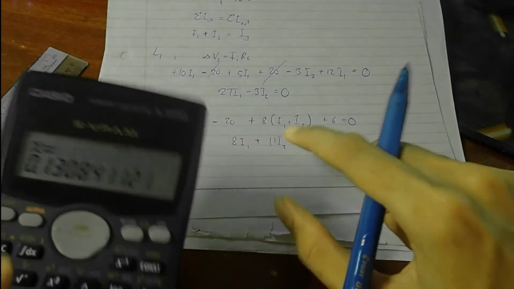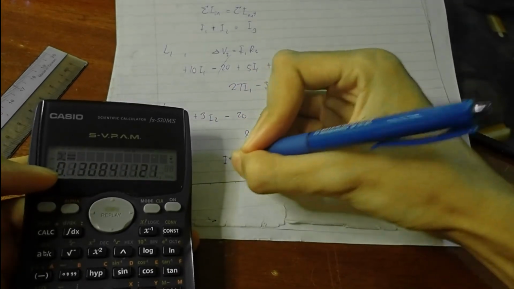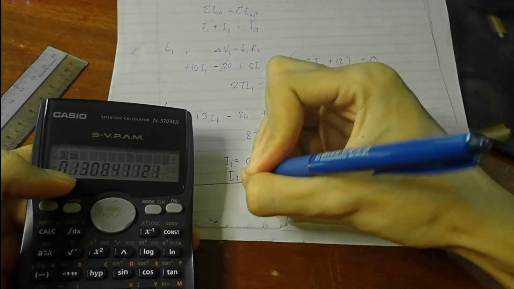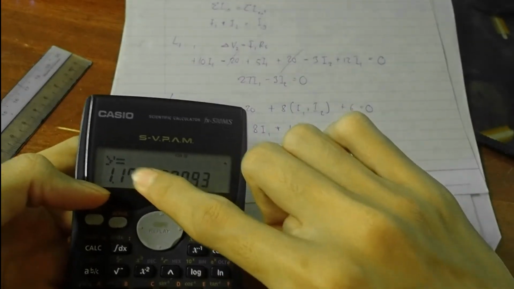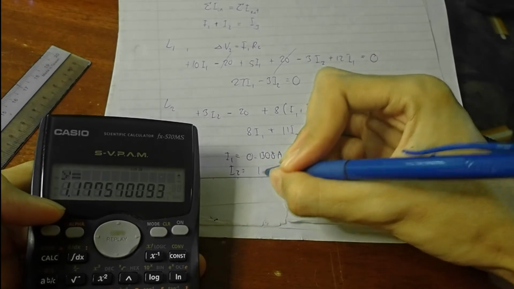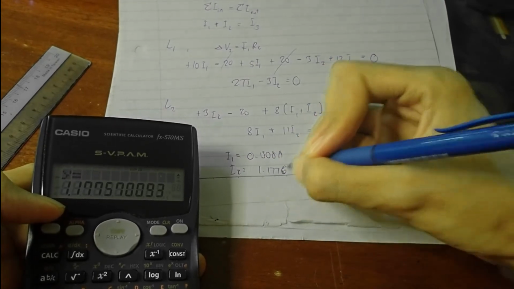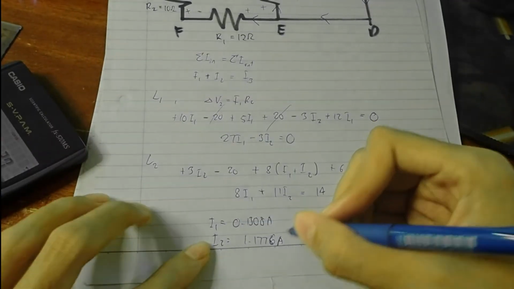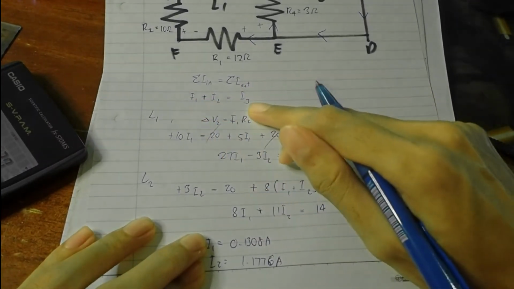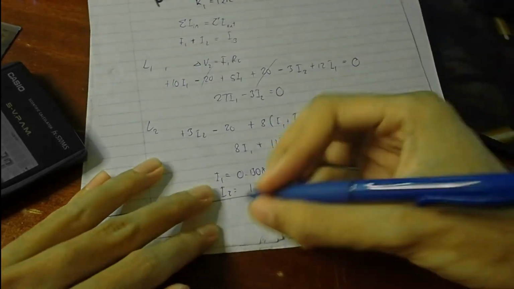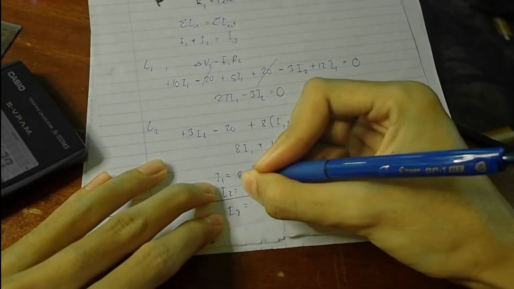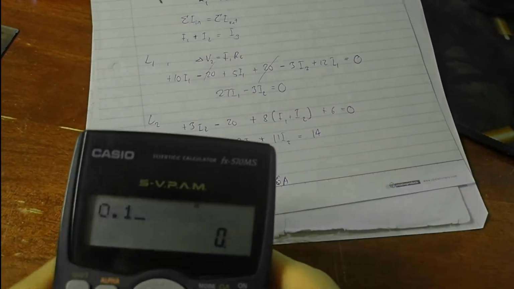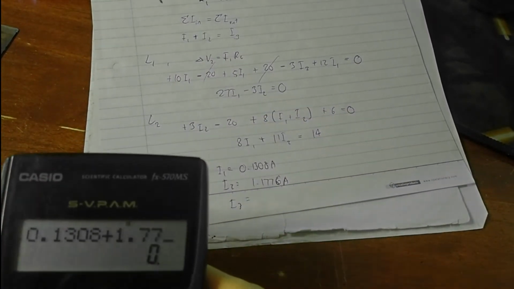So here we can say that I1 is equal to 0.1308 ampere, I2 is equal to 1.1776 ampere. Okay, that's it. And then we have these two values. So initially we have formed this expression I1 plus I2 is equal to I3. So I3 must be I1 plus I2, which corresponds to 0.1308 plus 1.176 is equal to